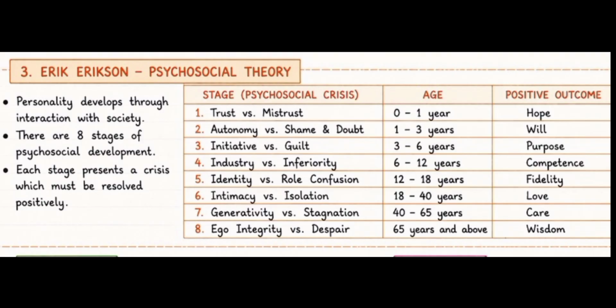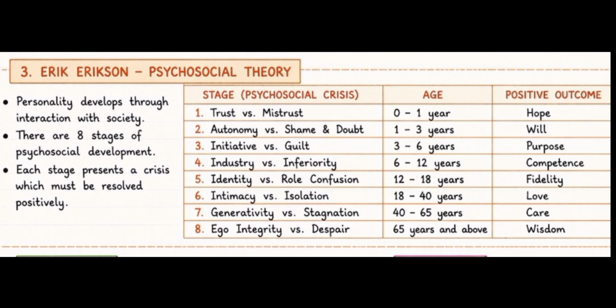Second, autonomy versus shame and doubt. This comes at 1 to 3 years, and the positive outcome is will. In autonomy, the child develops a kind of confidence in themselves as they grow, that is physically and mentally strong. They become autonomous and have self-control. In shame, if that kind of confidence is not developed, then they feel shame and guilt about themselves in manipulating things. In autonomy, will is developed in this stage, and in shame, they doubt themselves and feel inferior about themselves.